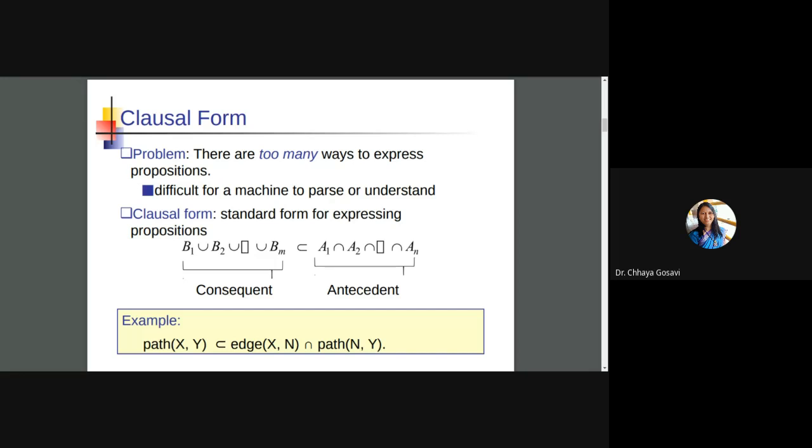Similarly you can define the OR condition. For example, parent X comma Y: I want to see whether X is a parent of Y. So X can be the mother of Y or X can be the father of Y. So here it is an OR operation, father of or mother of. And Y also can be a son or daughter. If X is mother of Y and Y is a daughter, or X is father of Y and Y is a son, then you can say parent X comma Y. You can define relationships like this.